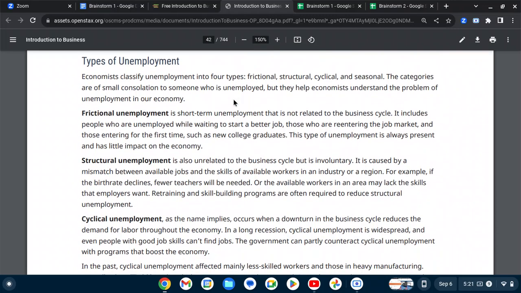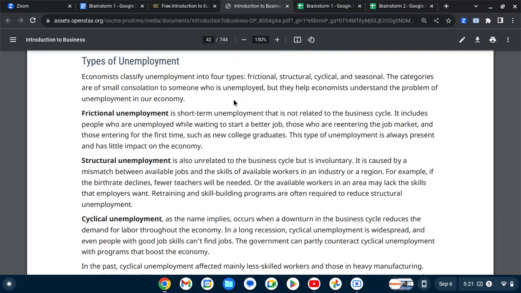Types of unemployment. Economists classify unemployment into four types: frictional, structural, cyclical, and seasonal. The categories are of small consolation to someone who is unemployed, but they help economists understand the problem of unemployment